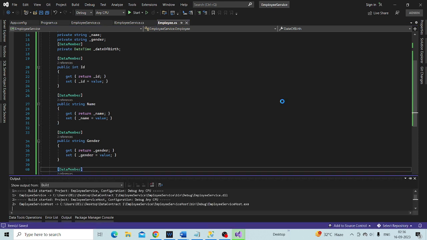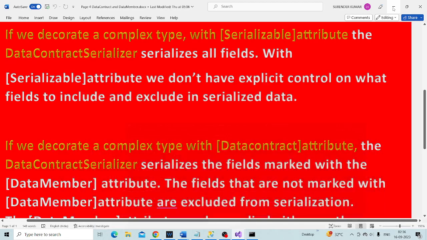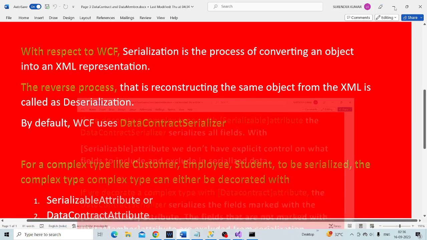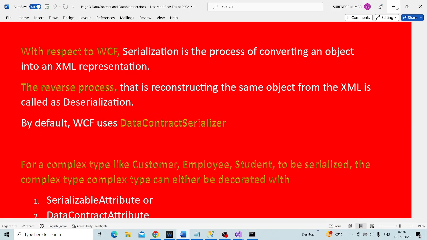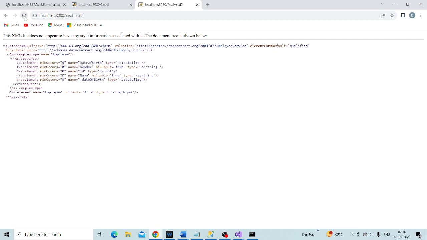Control F5. So service is running. Now go back to your browser. Where is the browser? So here you see only 3 items have been serialized. So if I refresh it, all public properties have been serialized: date of birth, gender, all these things. Okay,